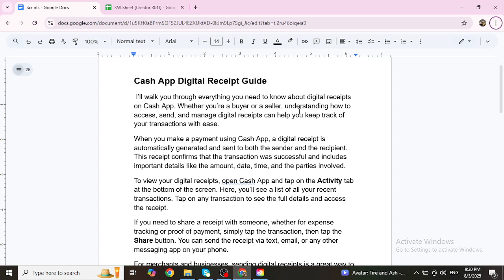When you make a payment using Cash App, a digital receipt is automatically generated and sent to both the sender and recipient. This receipt confirms that the transaction was successful and includes important details like the amount, date, time, and the parties involved. To view your digital receipts, open Cash App and tap on the Activity tab at the bottom